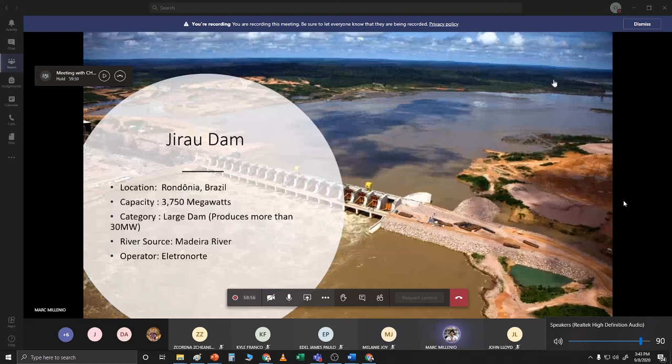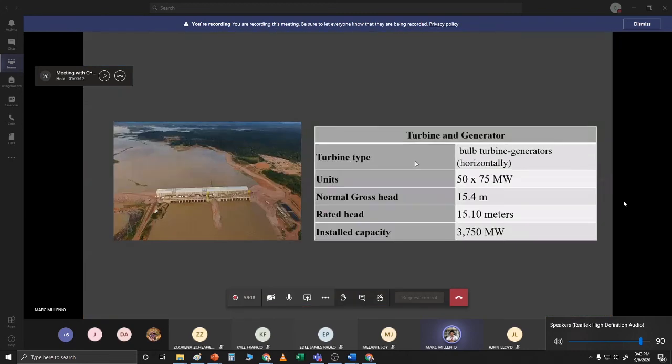Yung location po of this dam is in Ronda, Brazil, which has the capacity of 3,750 megawatts. It is under a large dam, and the river source for it is Madeira River, and the operator is Electronorte. The turbine type is a bulb turbine generator, which has the unit of 50 by 75 megawatts generator. The normal gross head for it is 15.4 meters. The rated head is 15.10 meters. And the installed capacity is